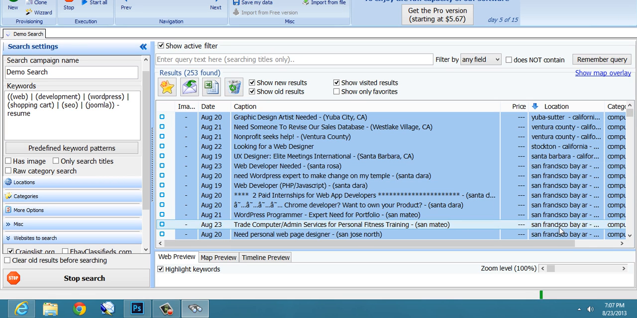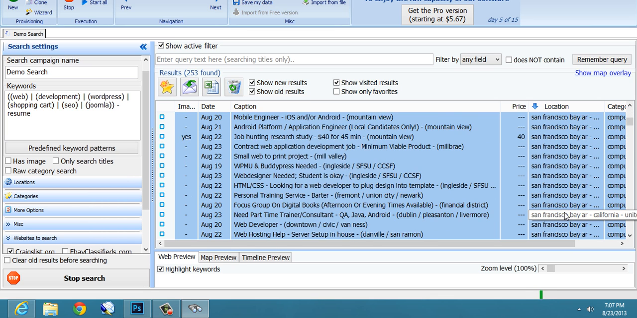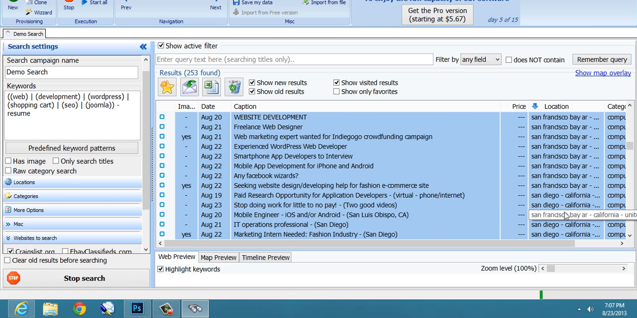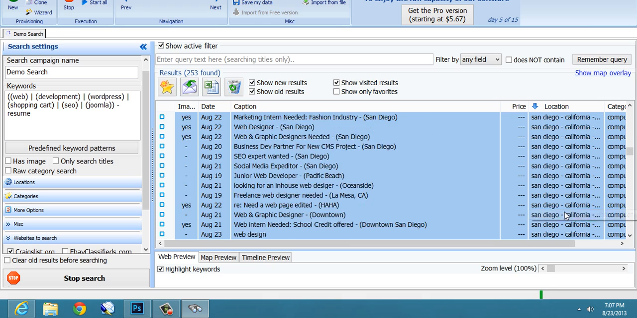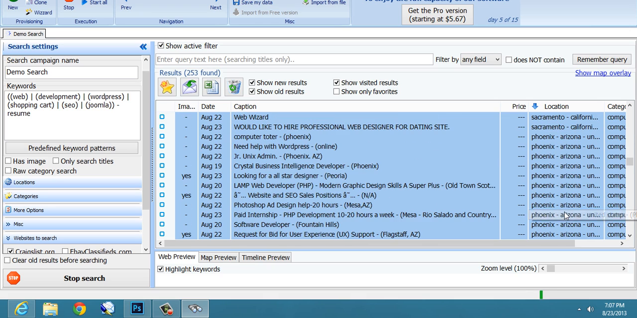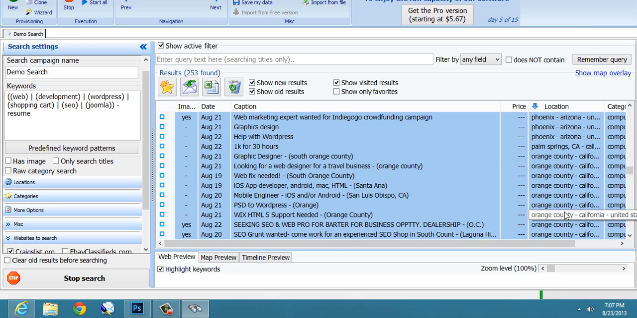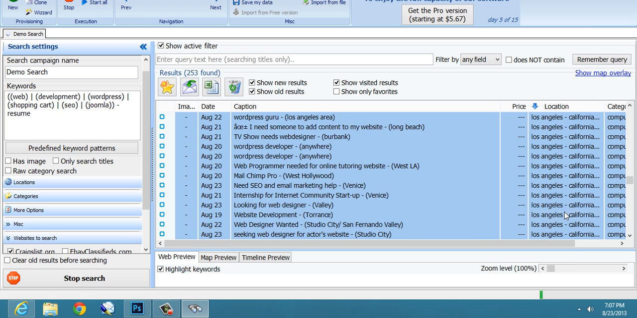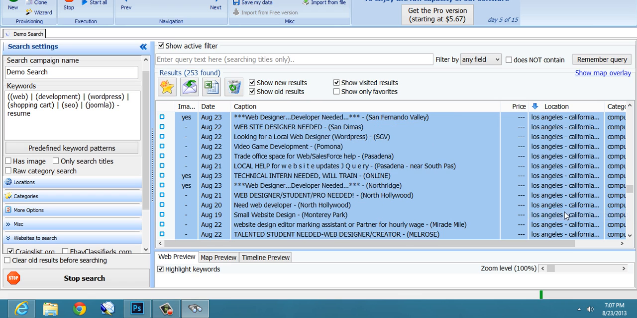Okay, so far we're in California, San Francisco, quite a few, San Diego, Sacramento, Phoenix, Orange County, California, Los Angeles, but basically it's going to go through the whole